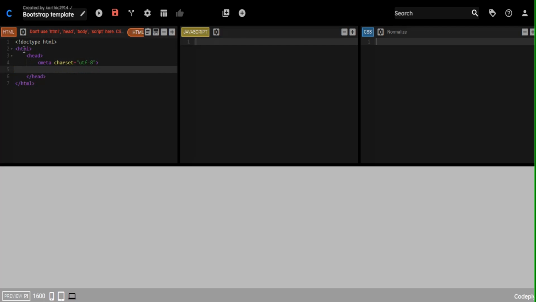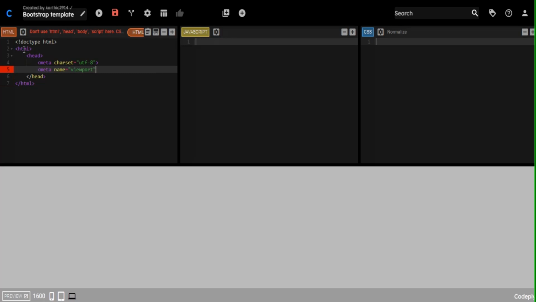To ensure proper rendering and touch zooming on mobile, we have to make sure that the viewport tag is available. So for that, we type a space, name equal to viewport.